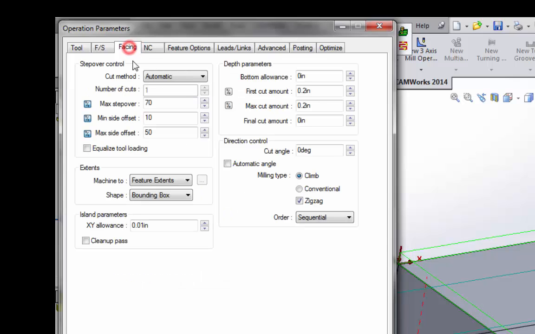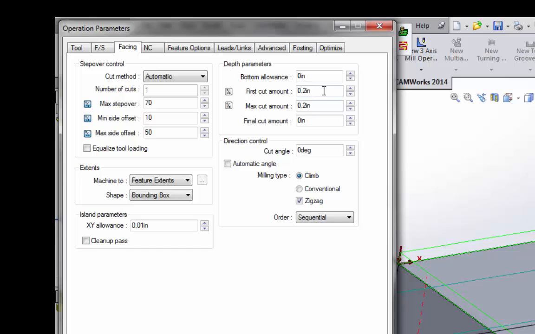Moving to the next tab, we have the facing tab. This concerns things, for instance, maximum step over. Right now we are allowing the part to cut, and then just sort of like you're mowing your lawn, you're not going to go right at the edge. You want to do a little bit of an overhang. That way you make sure you cut all the grass. How much you step over is defined by max step over. And then there's also minimum sides offsets, which is how close do you want to get to the sides, and